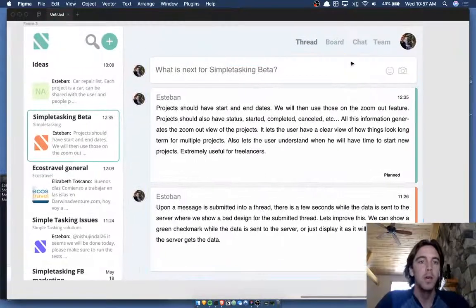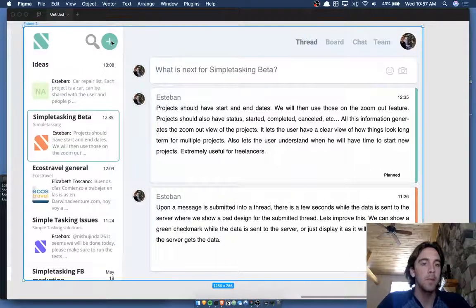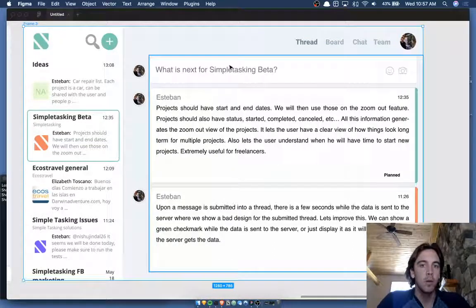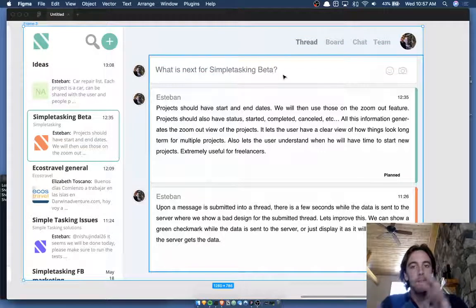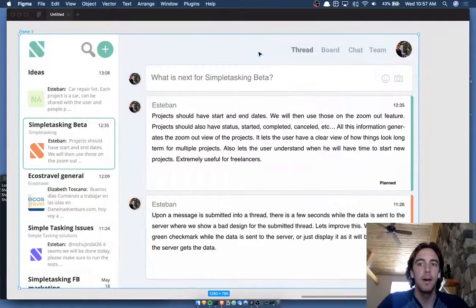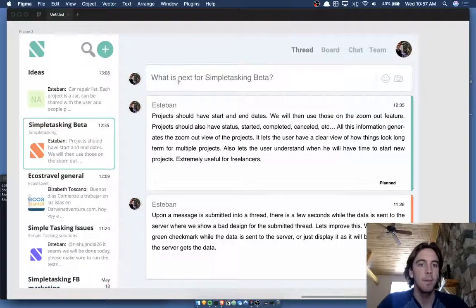So what we could do, we have this plus button up here, and I think that will probably be how to add a new task or add a new thread. And again, sorry, we haven't spoken about what this app actually does, so I can't give you an exact idea. But what we could do is say,